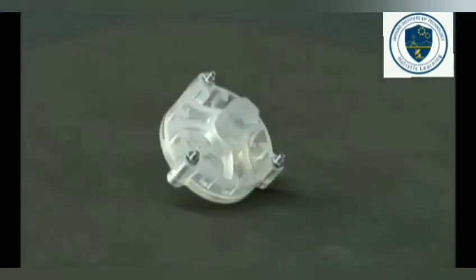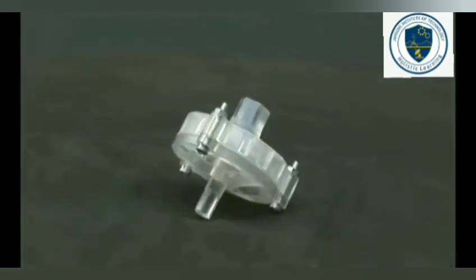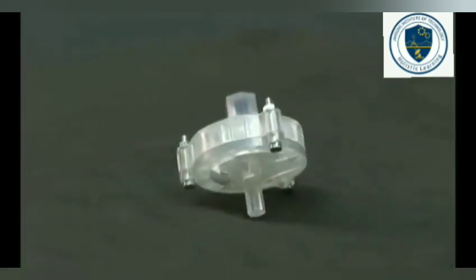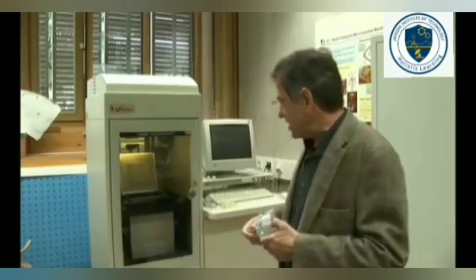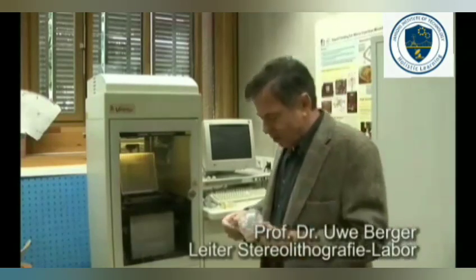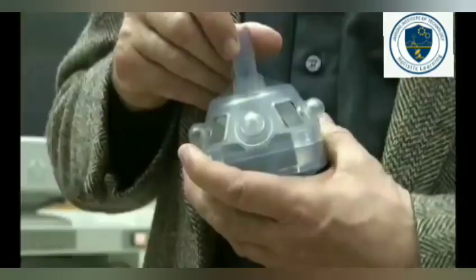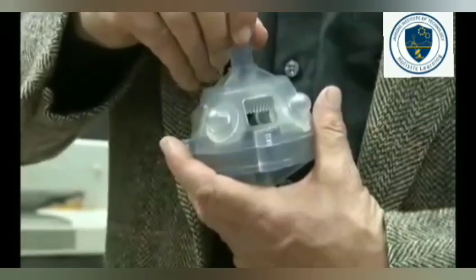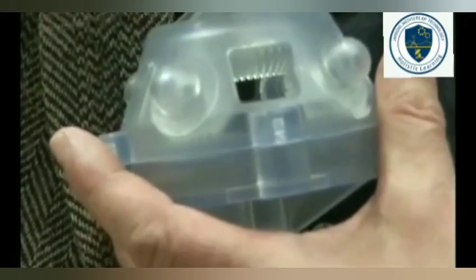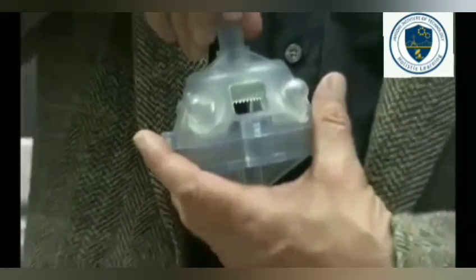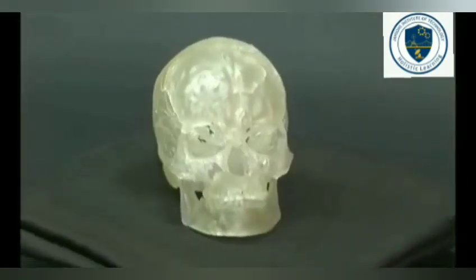And next one, you can see this coupling is entirely made as a single system. It is not done separately and then made into an assembly. It is completed as a single system. In RP machines, it is possible to create the entire system as a single unit. If you see that man rotating the shaft outside, the gears are turned inside. This is possible. Without assembly, we can create the entire unit as a single system. It is possible in the stereolithography process.